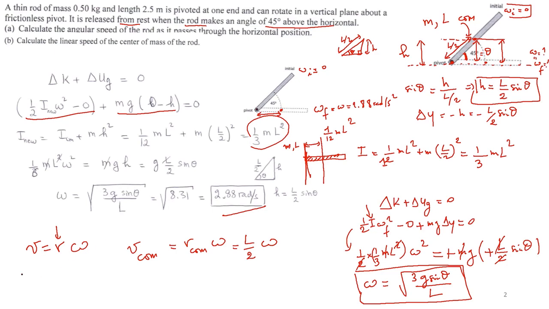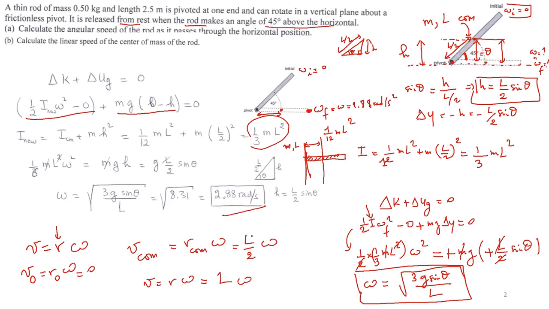It will be 0, because V at the pivot point O will be R_O multiplied by omega, but R_O is 0, okay? What is the linear speed of a point which is at the other end of my rod? V will be R omega. But for this point at the end of my rod, the R is the distance between the point at the end of my rod and the pivot point, basically L. It will be L omega,